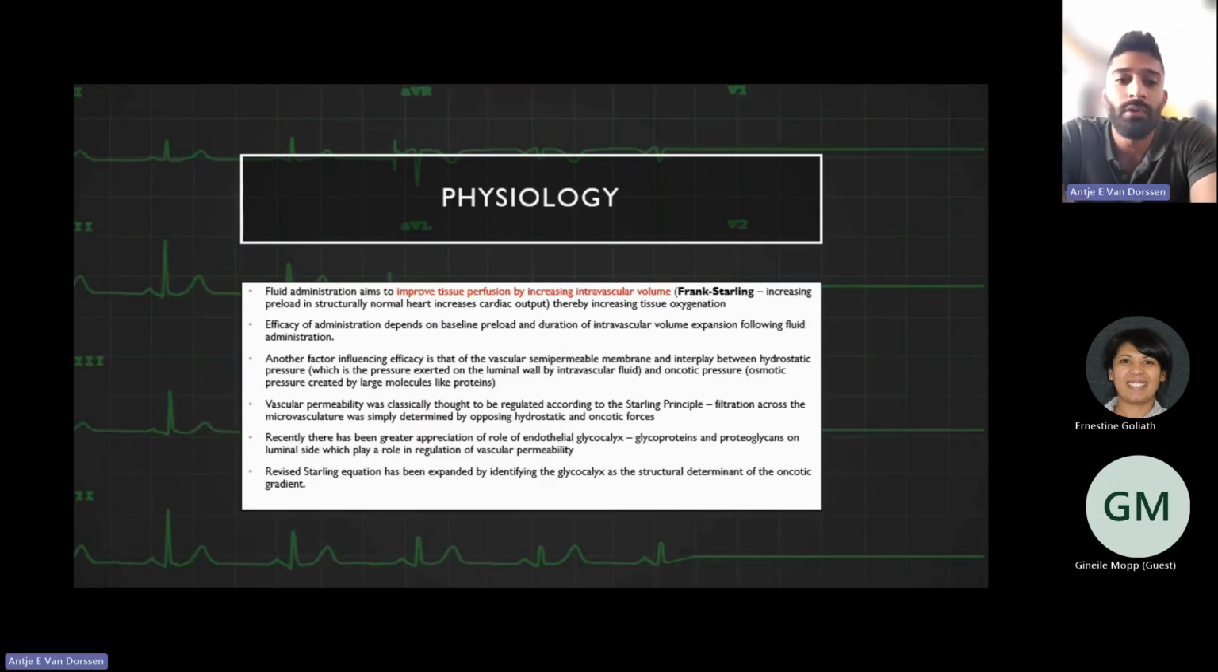Just to talk about some physiology, fluid administration aims to improve tissue perfusion by increasing intravascular volume. So if you remember from your second year textbook about the Frank-Starling principle, it basically says that increasing your preload in a structurally normal heart